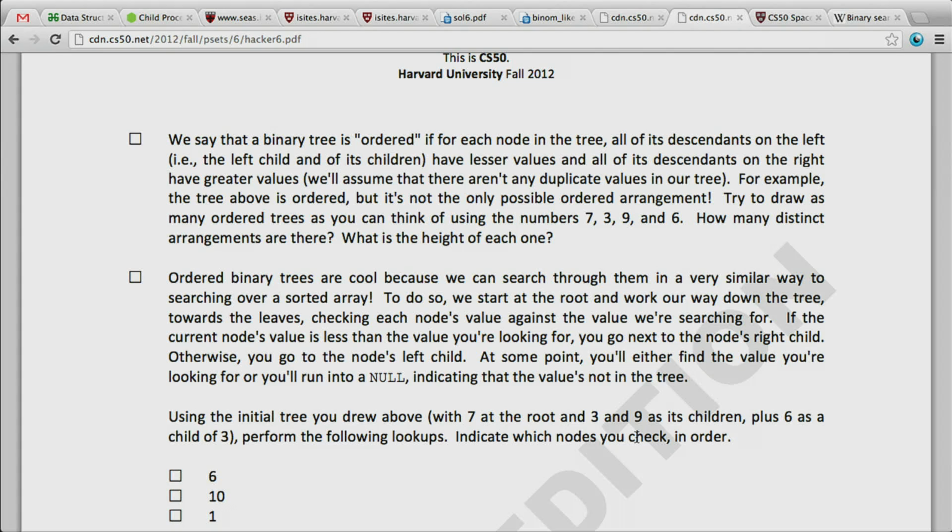So we say that a binary tree is ordered if for each node in the tree, all of its descendants on the left have lesser values and all of the ones on the right have greater values. So for example, the tree above is ordered, but it's not the only possible ordered arrangement. Before we get to that,